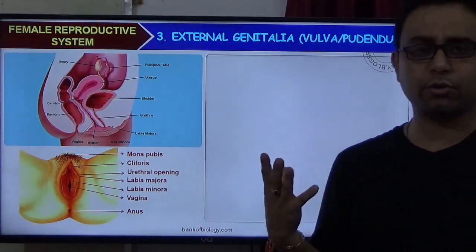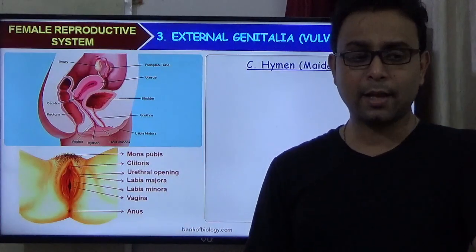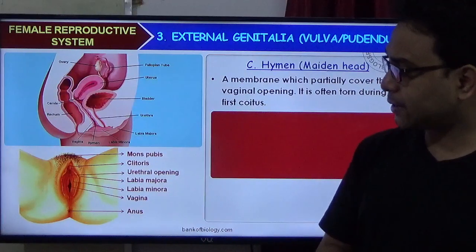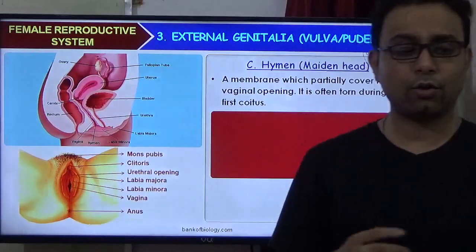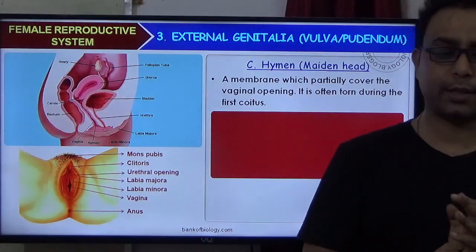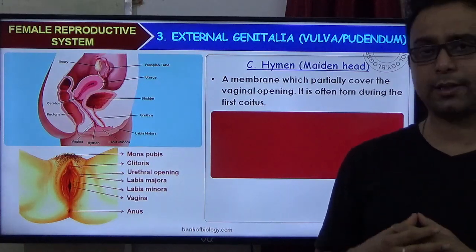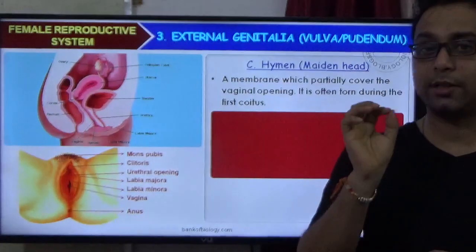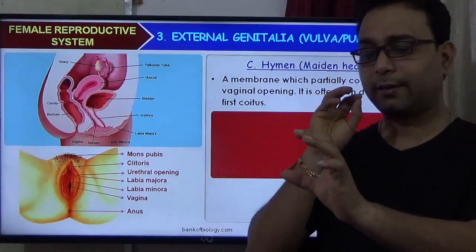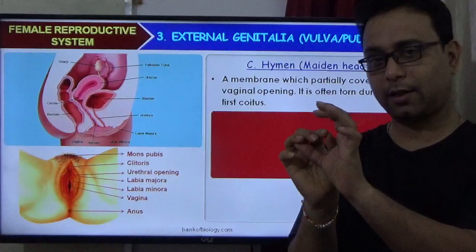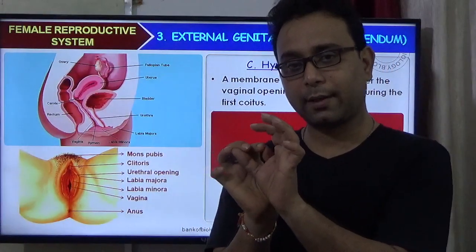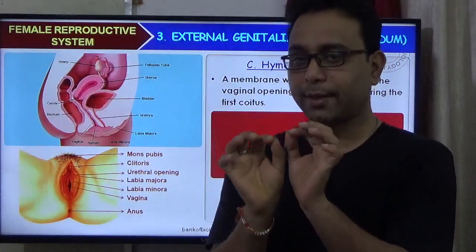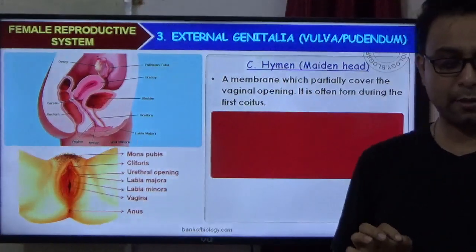Now we discuss the most important thing, the hymen. The hymen is a membrane covering the vaginal opening. What is its function? It helps in protection. But at the first sexual intercourse, when the penis presses against the hymen, it breaks. It is a very soft membrane. But you know,